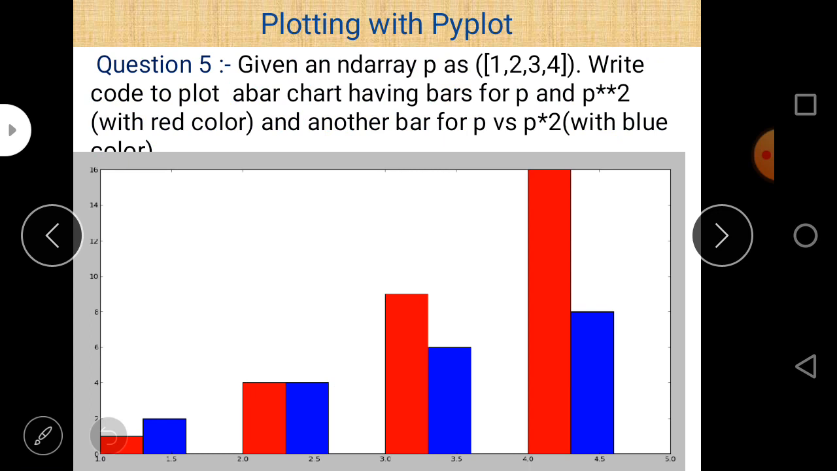Now question number 5. Given an ND array P as 1 2 3 4, it is an ND array and contains elements 1 2 3 4. Write a code to plot the above chart having bars of P and P double asterisk 2 with red color, and another bar for P versus P asterisk 2 with blue color. So first of all,